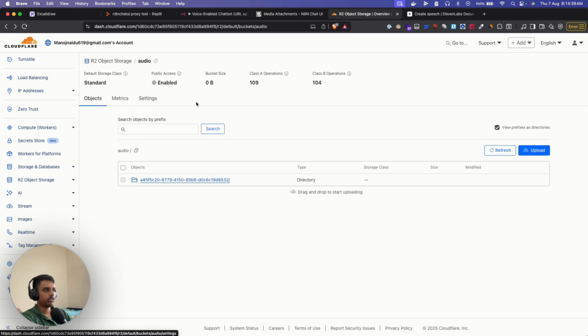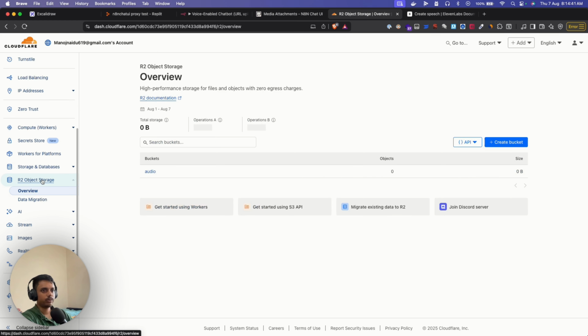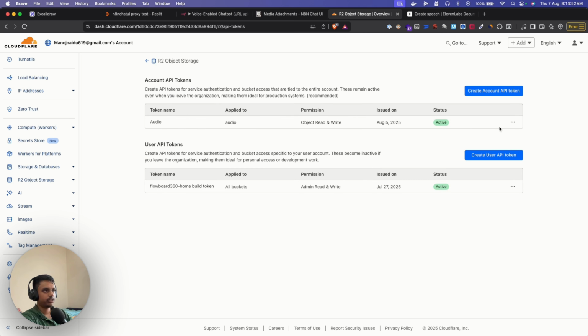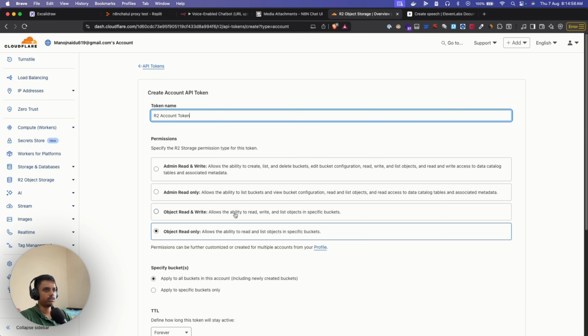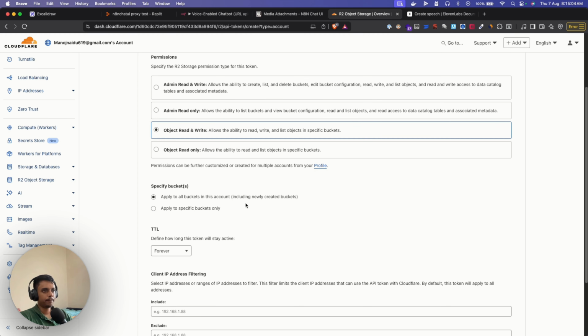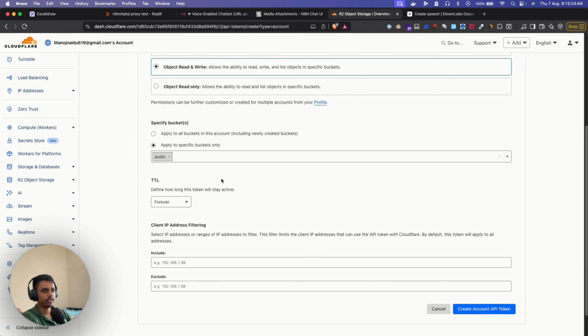So once you create your bucket, just go back over here, and on top you can see this drop down. It says use R2 with APIs and manage API tokens. Just click on manage API tokens, and you just need to create an account API token here. Click on account API token, and then give this access object read and write, and then you can give your token name whatever you like, and then specify bucket and tie it to my